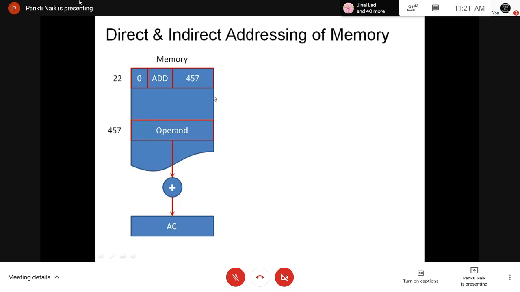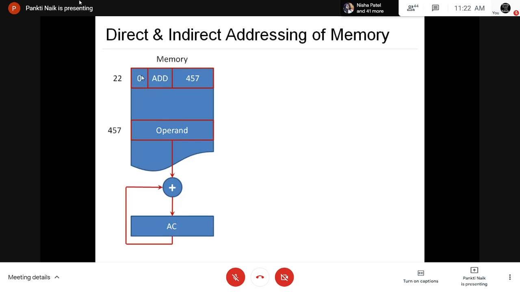So the addition operation of this operand, which is stored at 457, with the accumulator value is known as direct addressing of memory. For direct addressing of memory, the instruction type bit is set to 0.